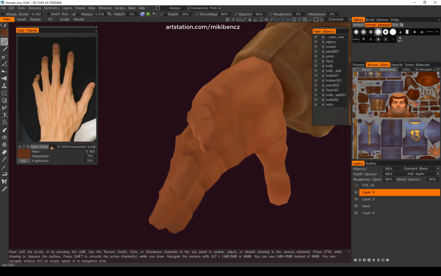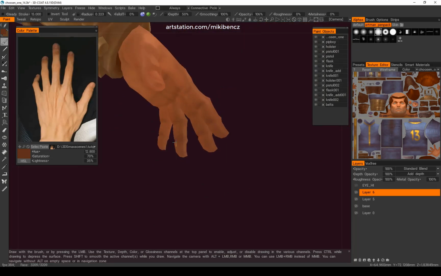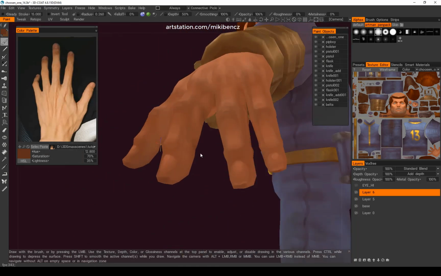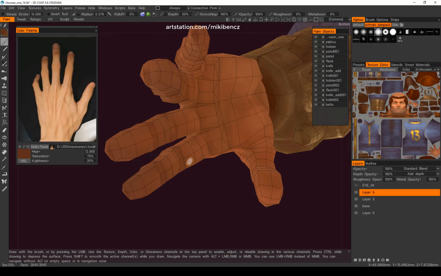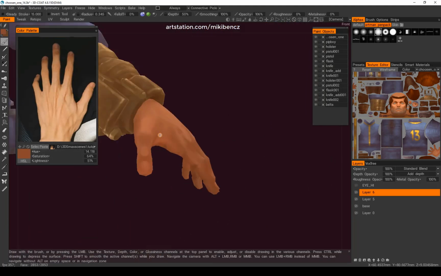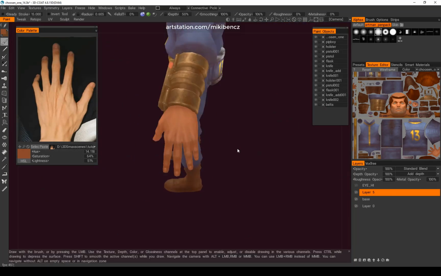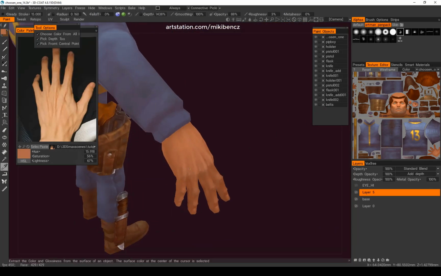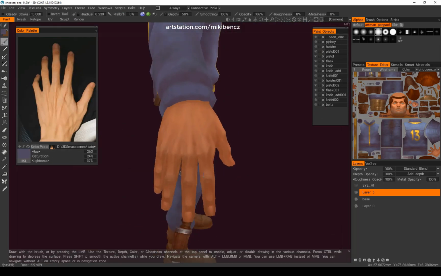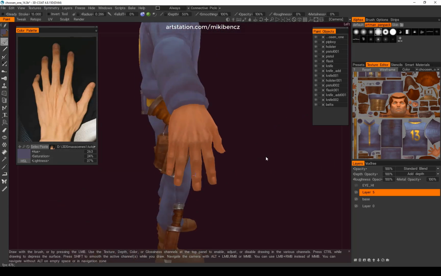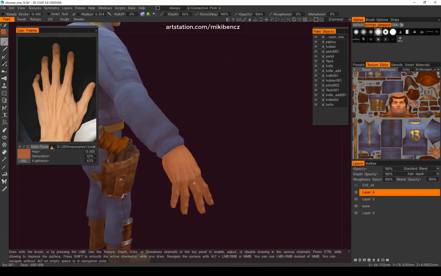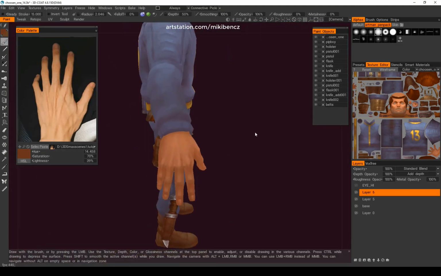texture detail, using the brush, the big brush, and giving it some dirt and some variability in the surface, and emphasizing those. Like when I detailed up the pistol, I could apply the same thing here with the hand, because as you can see, it's just too smooth and too flat. So yeah, that's definitely some things that you can think about when watching this video or the next one,